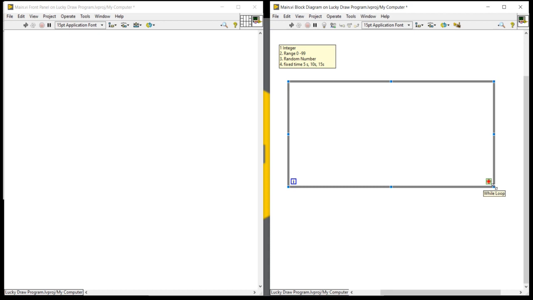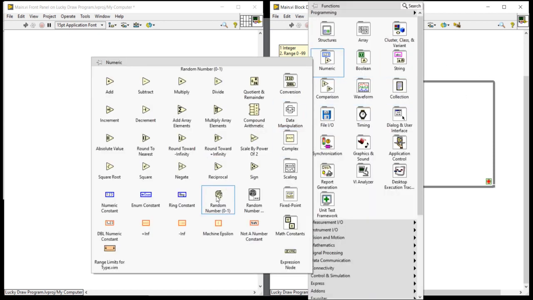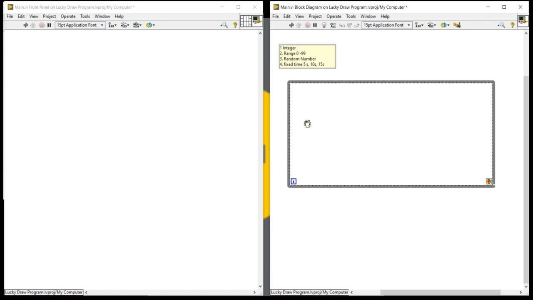Now the second concept. Our lucky draw number will be a randomly generated number, meaning no one can predict that number. So for that I can take a random number generator, and the range of the lucky draw number will be 0 to 99.